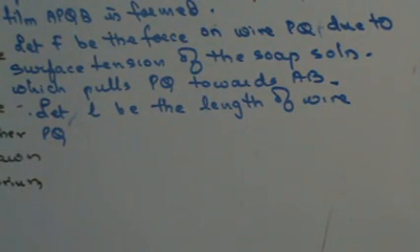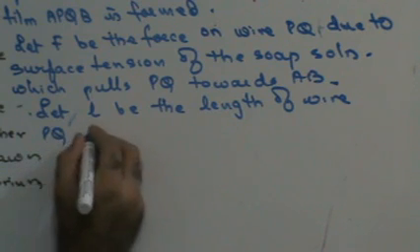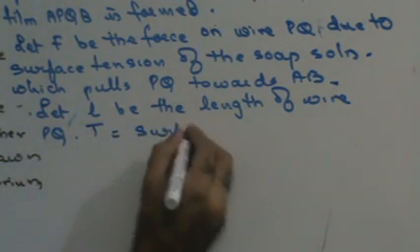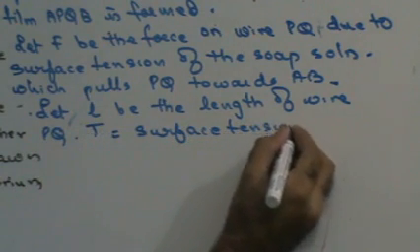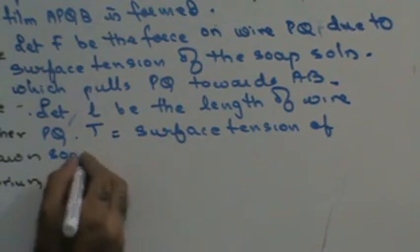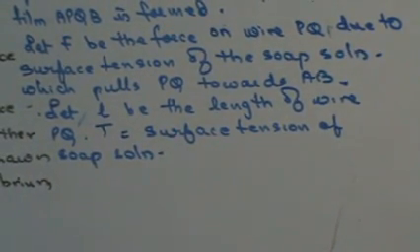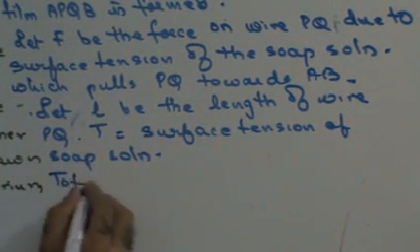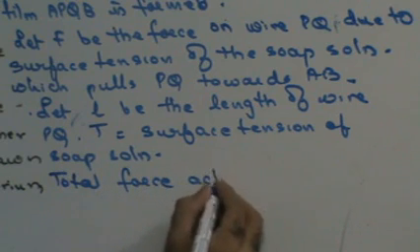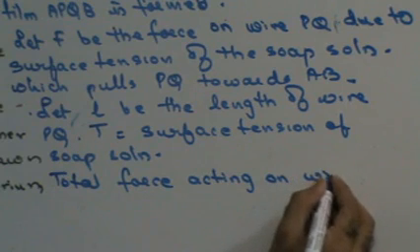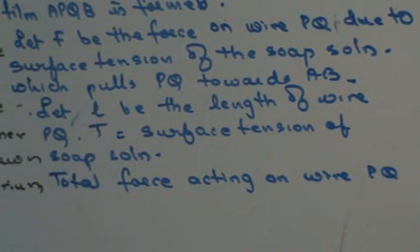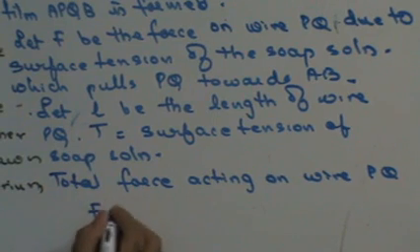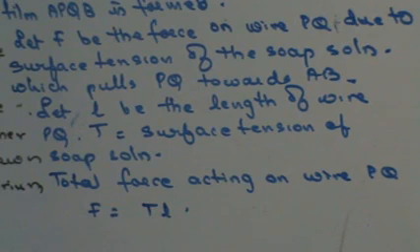If L is the length of wire PQ and T is the surface tension of the soap solution, in that case, I can say that the total force acting on wire PQ. What will be the total force acting on wire PQ? Total force F acting on wire PQ is going to be, now force, we have defined that force is a product of tension and length. So the total force acting on wire PQ is going to be TL,